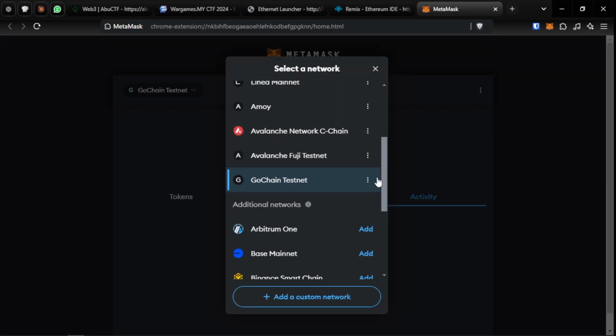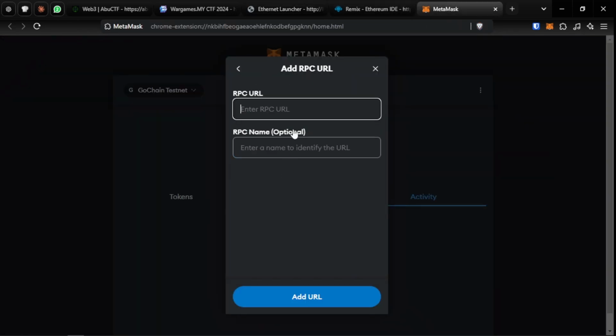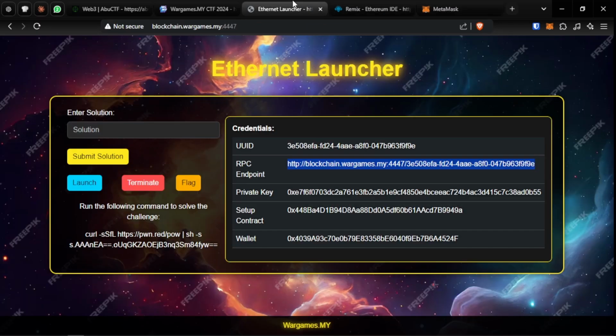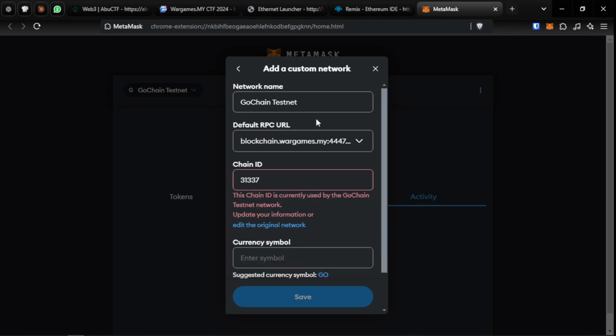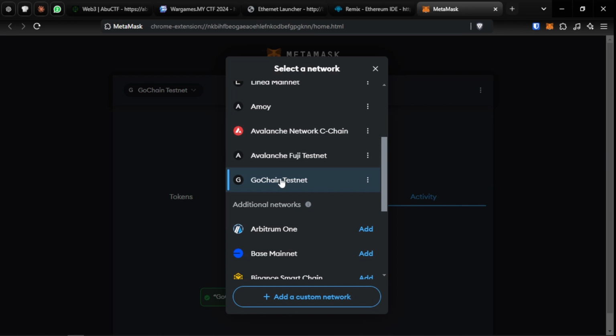Once it's imported, let's create our custom network with our RPC URL. Optional is okay, add the URL, and the chain ID is probably going to be this particular chain ID, which is currently used by the Go chain testnet. And then the currency symbol is Go, and save. Okay, so we've imported the Go chain testnet, and now all we need to do is